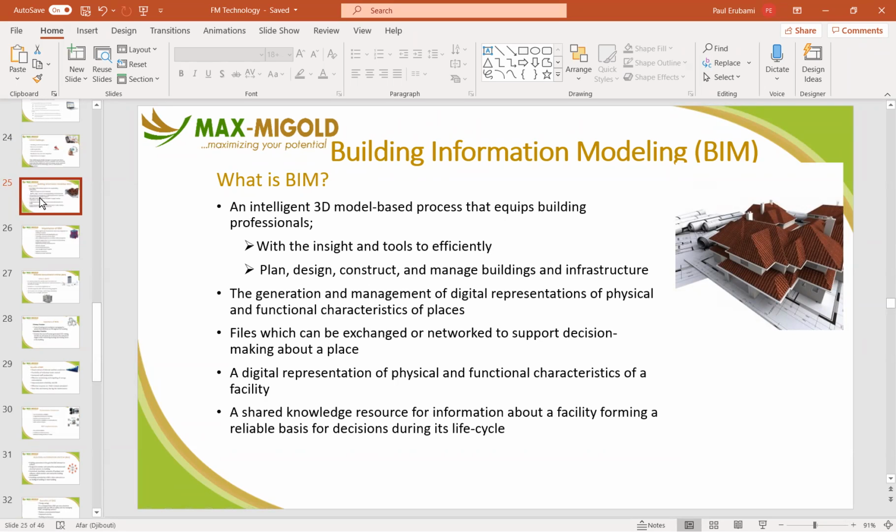Files can be exchanged or networked to support decision-making about the place. A digital representation of physical and functional characteristics of the facility, and a shared knowledge resource for information about the facility, forming a reliable basis for decisions during its life cycle. If experts who worked on a building project from design to construction actually have such a rich